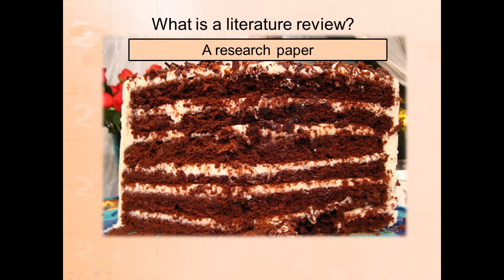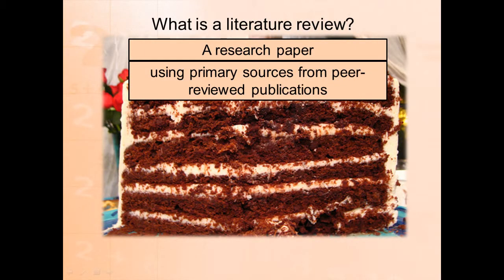So if you think through that process of the senior English research paper, a review of literature at the very first surface is not so different. But a review of literature in a scholarly academic sense goes deeper than just that. This review of literature, you'll now notice, is the second layer. It's a research paper, yes, but it uses primary sources from peer-reviewed publications. And right there, with just one level deeper, we've probably deviated from what's required of most high school seniors with